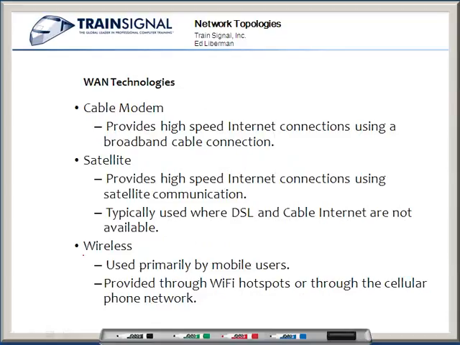All right, moving along from there, talking about internet connectivity, we have cable modem, where we get a high-speed internet connection through your broadband cable connection, same way your cable TV comes in. You've got satellite internet connectivity, where again, high-speed internet connections